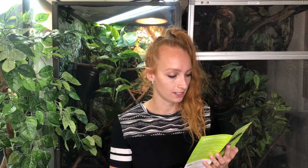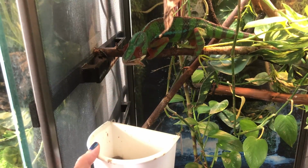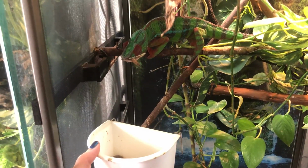Diet. Chameleons are insectivores, meaning that their diet consists primarily of live insects. Correct. Then it says, however, veiled chameleons require a small amount of vegetables too. So I'm kind of confused on how an animal can be an insectivore, but then also require vegetables, because then you're no longer just an insectivore, right? So the correct information is that chameleons are insectivores, and there's this idea that veils eat fruits and vegetables, or that's a necessary part of their diet. That's totally not necessary. You can just feed your chameleon exclusively live bugs and insects,